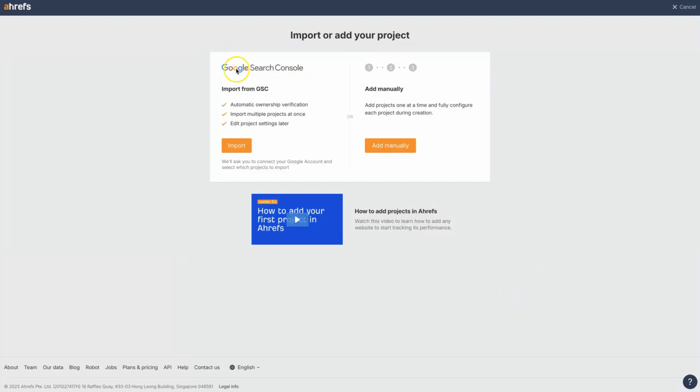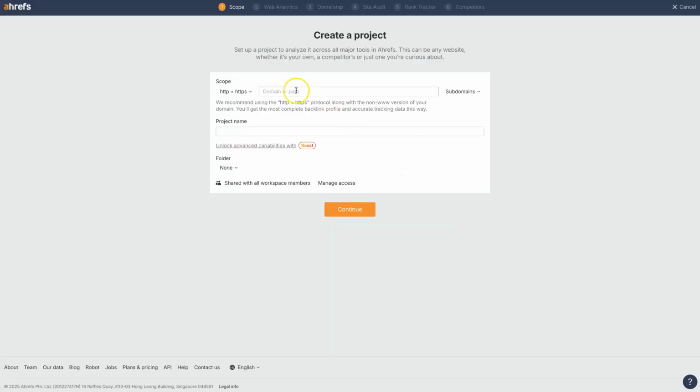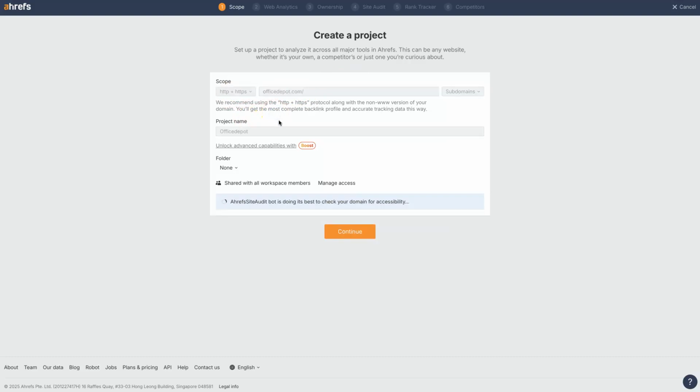Now, you can import from Google Search Console if you prefer. I like to just add it manually. So if I click manually add here, well, I think I was going to do Office Depot. It's a competitor of Best Buy. We can kind of compare and see what each has going on, but it's going to start